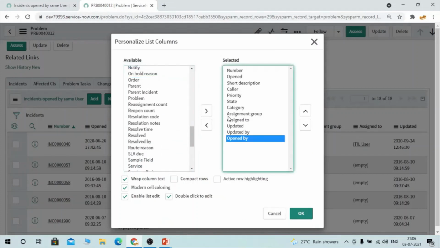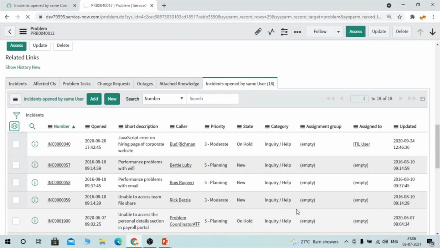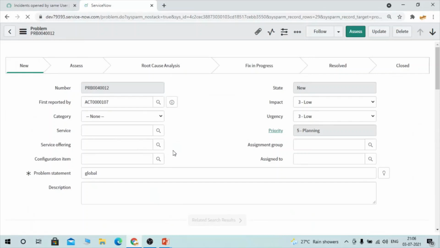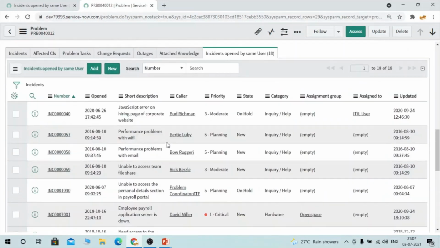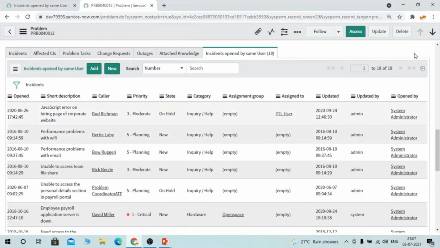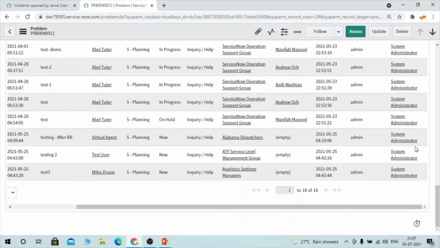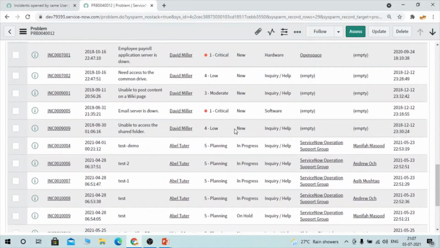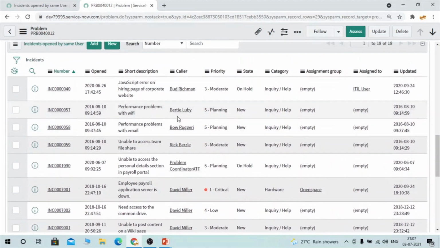And only the active incidents will be showing here. You could see whatever incidents have been opened by system administrator are showing up here.